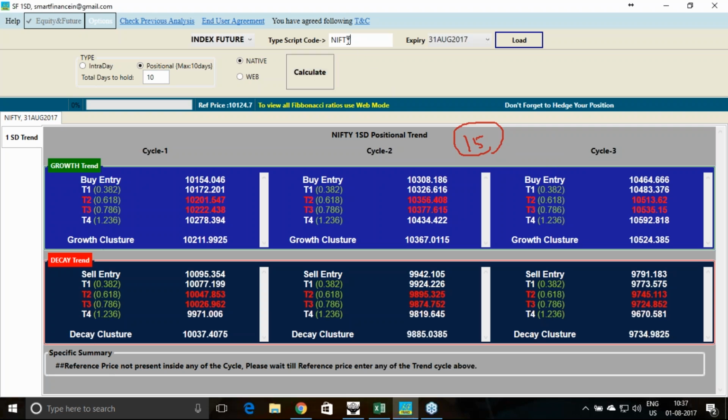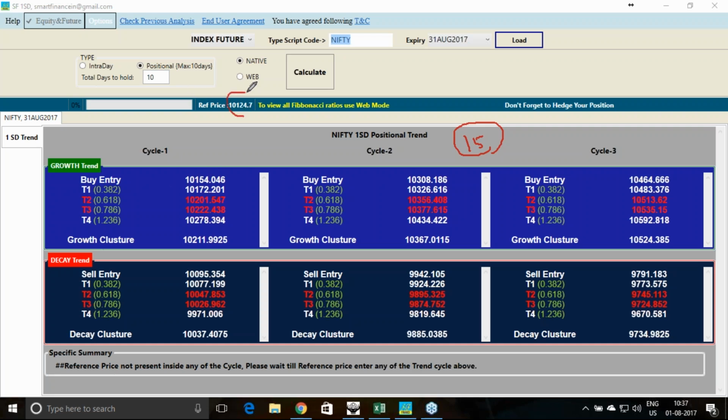I am taking the example of Nifty because here you need the help of the next month contract, so you need to take a counter whose next month series contract will also be valid. So if you are taking a 10-day view on the Nifty currently on 1st of August,